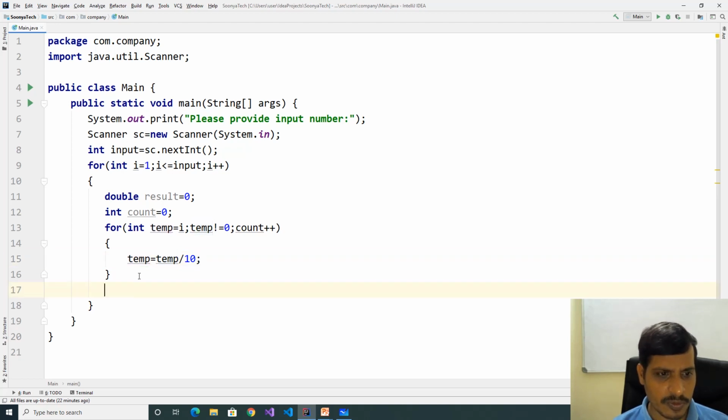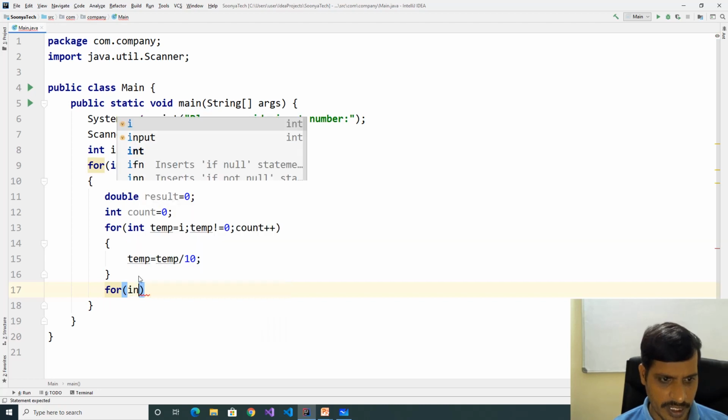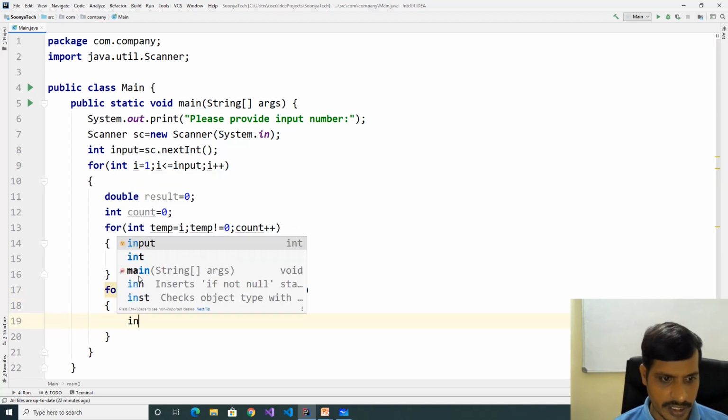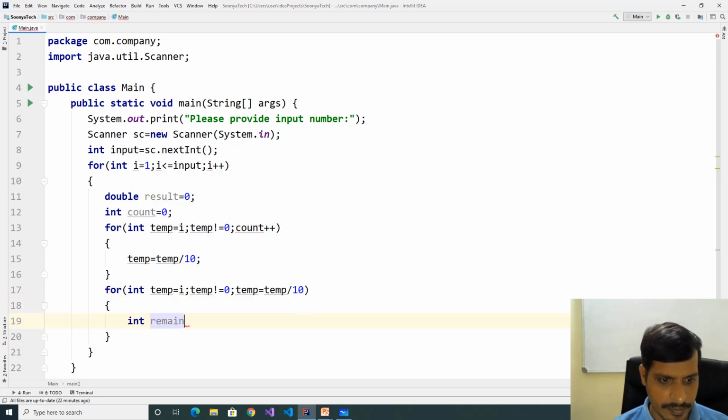Declare one more for loop to find Armstrong numbers: for int temp equal to i, temp not equal to 0, temp equal to temp divided by 10. Int remainder equal to temp modulus 10.